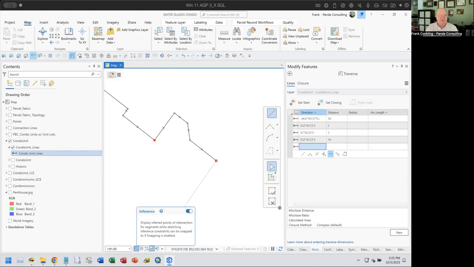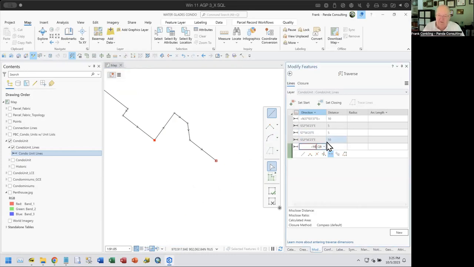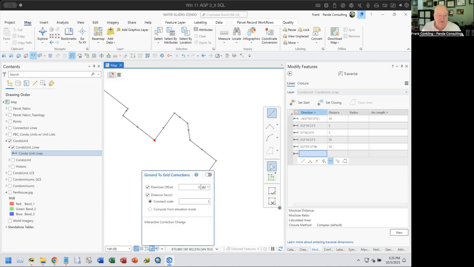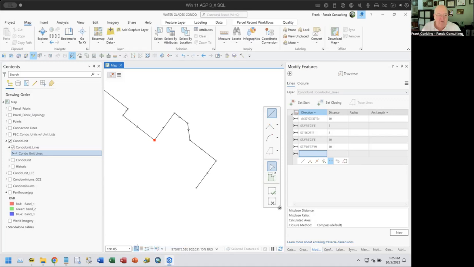Make sure it's on. Okay, so now let's put another thing in here. Let's do 90 degrees for 10 foot. Now let's make sure that everything is set up correctly. Here and here, my inference on here. Snapping tolerance. I want to create a line. And again, you